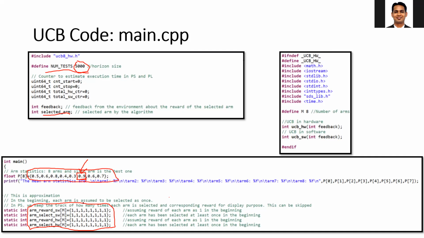As we have discussed, your algorithm will run for the 5,000 time slots. In each slot, the algorithm will find the quality factor using the parameters x and t. Then based upon the quality factor, the arm having the highest quality factor will be selected. This arm will be sent back to the main.cpp. The main.cpp will find the reward, and the reward is sent to the UCB algorithm. The UCB algorithm will update its parameters using the reward it received, and this process will continue.